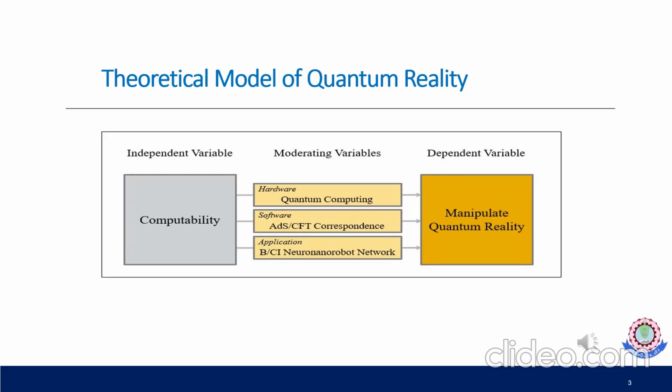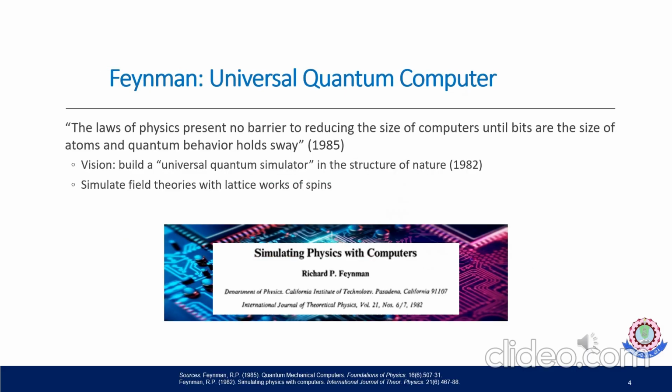It is held in three compartments, termed independent variable, moderating variables, and dependent variables. The independent variable states the computability, the moderating variables reveal hardware, software, and applications, and the dependent variable reveals manipulative quantum reality to us. Feynman's universal quantum computer was discovered by Feynman, the